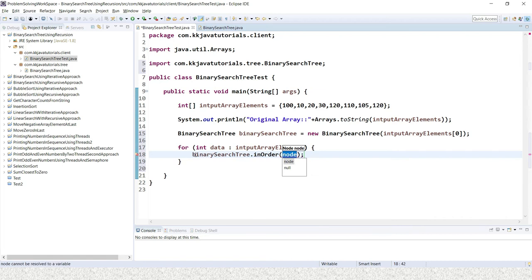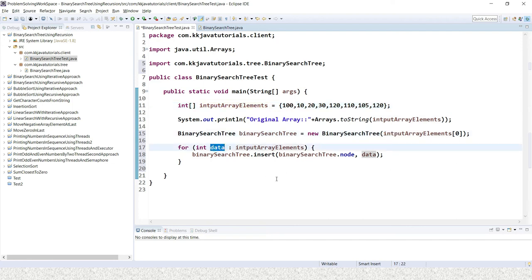So the insert method, not inOrder but the insert method, we have to insert a node, right? So here I would say binarySearchTree.insert and you have to pass the data, right? Here we might be thinking I'm passing the first element twice, right? This is already added over here, again I'm passing.